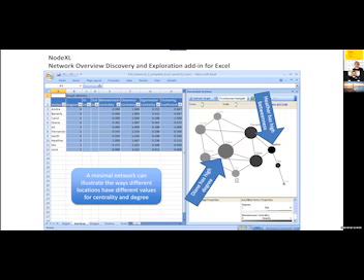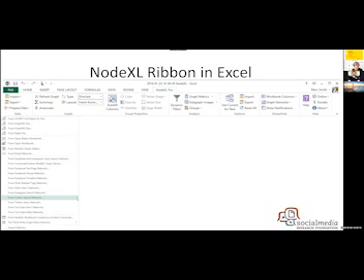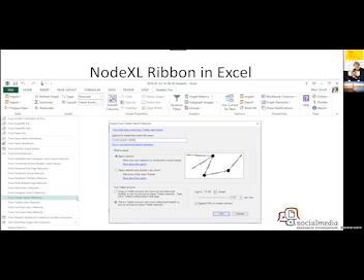We stuck a new menu into Excel. This is just Excel. And when you click on the NodeXL ribbon in Excel, you get a menu. And in order to get information out of, let's say, Twitter, you go to the NodeXL menu, you go to Data and Import, and come down the list until you find what you wanted. I'd get some Twitter data, and I'll get a dialog box, and I type my query here and hit OK, and I get this.